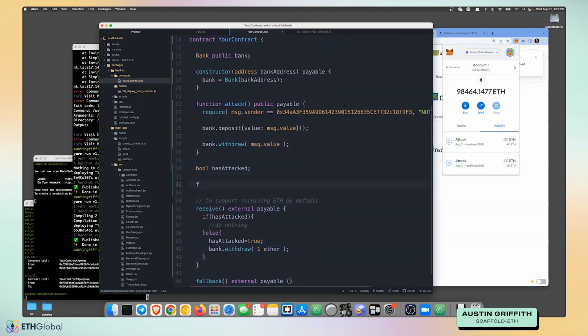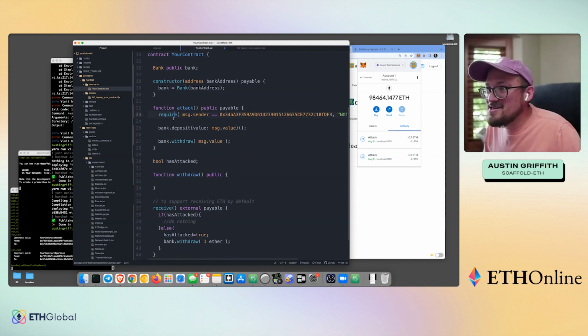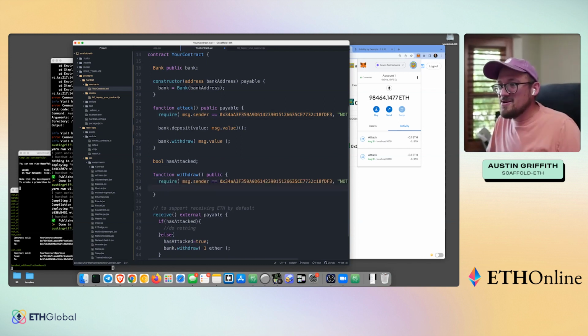We got code time. Let's see. Function withdraw, public. We only want me to be able to do it. Actually, we don't even care. We'll say it's like anybody can call it and it just withdraws to my address